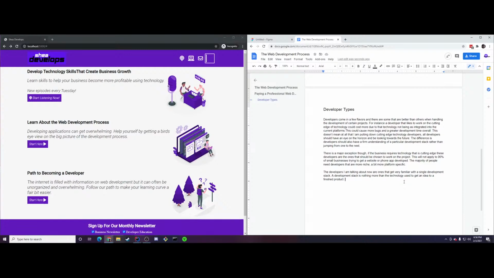Development stack is nothing more than the technology used to get an idea to a finished product. An example being